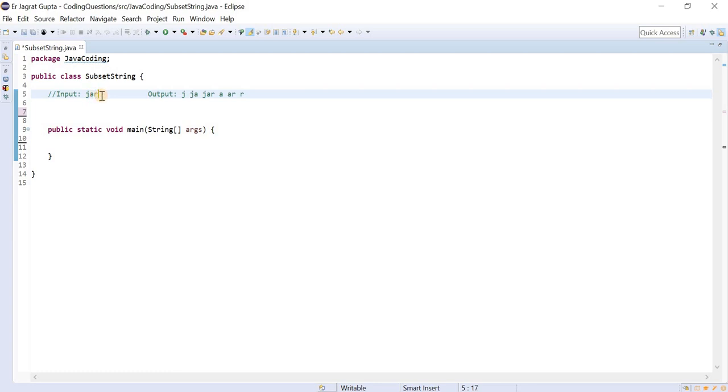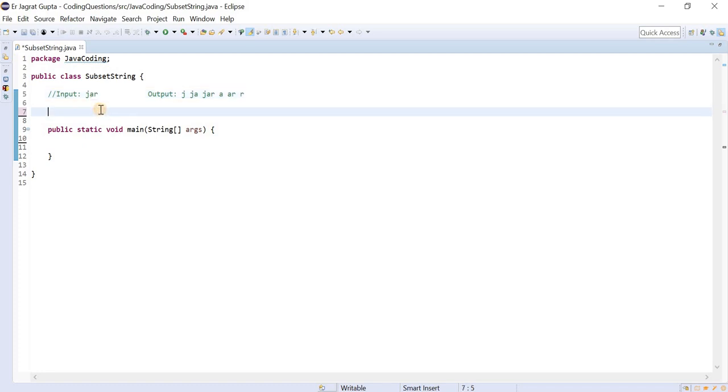So how will the loop be applied? In the first iteration i will be fixed, and we will iterate the loop for a and r. So this would be j, then ja, and then jar. For the second, we would apply the loop from here: a, then ar. And for the third, we will apply the single loop for this.